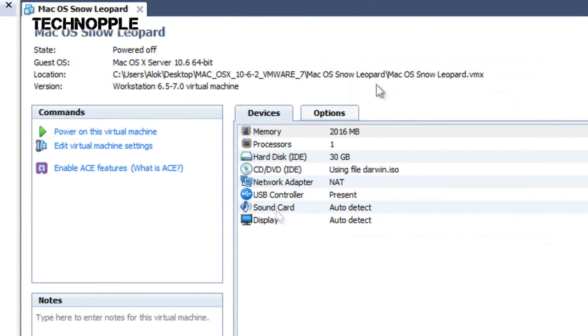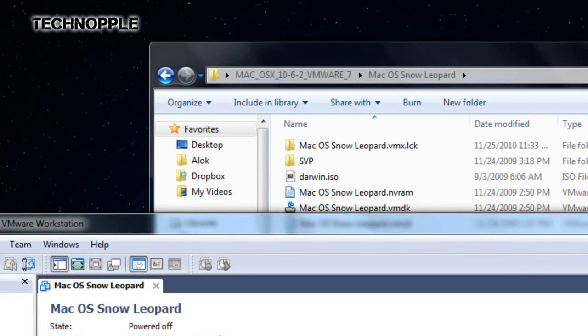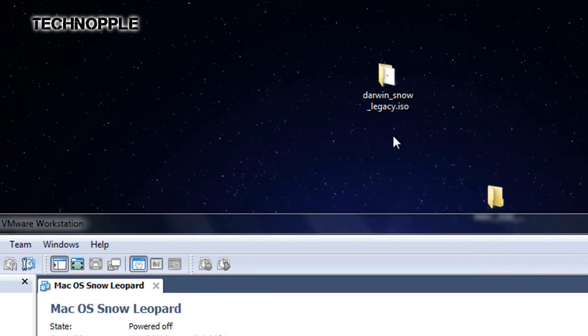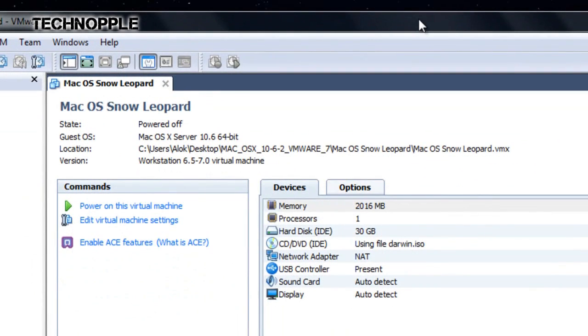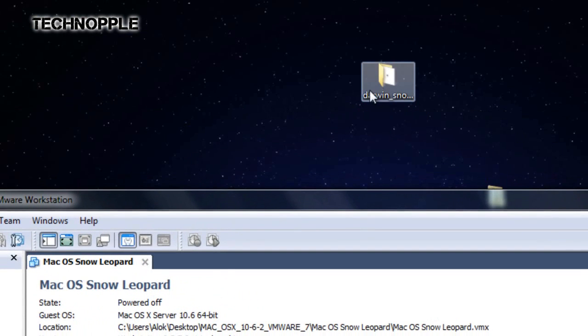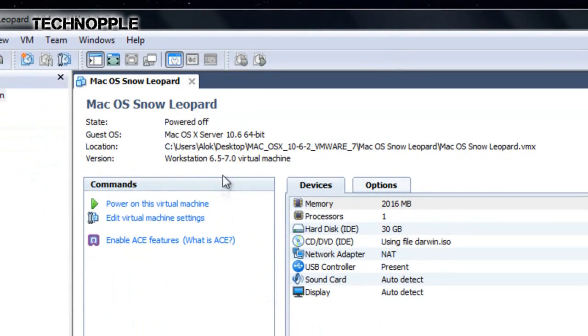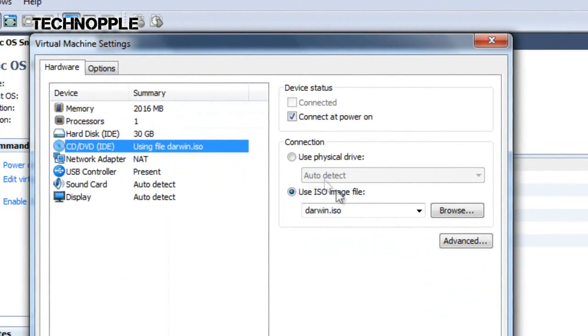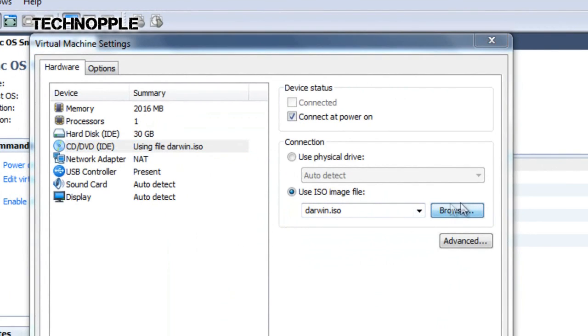Now, this is where the other file we downloaded earlier comes in, the Darwin Snow Legacy ISO folder that we downloaded earlier for AMD and Windows 64-bit users. So if you have an AMD processor or are running Windows 7 64-bit, you want to go to Edit Virtual Machine Settings. You want to go to CD/DVD IDE, and this is only for AMD users or Windows 64-bit users. Instead of darwin.iso, hit browse,